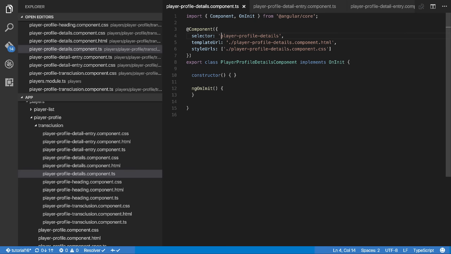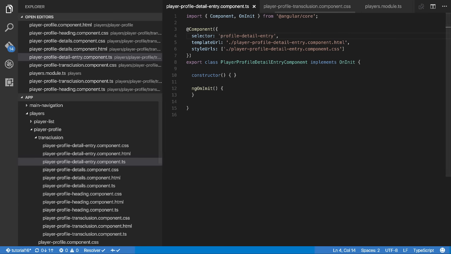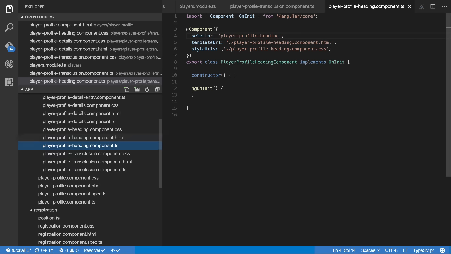Oh, wait a minute. I've got player profile in front of this. It should be just profile details, like so. Profile detail entry, like so. That's a CSS file. Component. Player profile transclusion, I think, is correct. Just come into the heading. Profile heading,